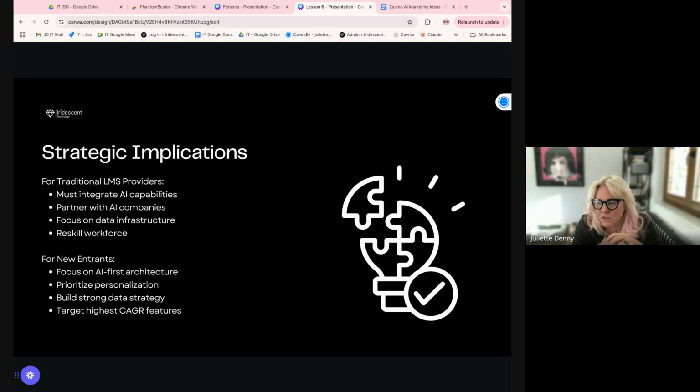If you're unable to create your own AI because you can't afford data scientists, because they are damn expensive, then we need to partner, solidly partner, in order to take advantage of that growth market. We need to focus on data infrastructure because that's where the intelligence will come from. And ultimately, all of this is predicated on whether the people within your organization understand AI.